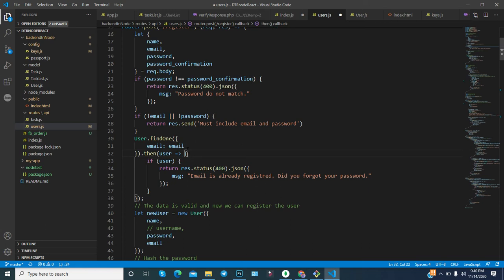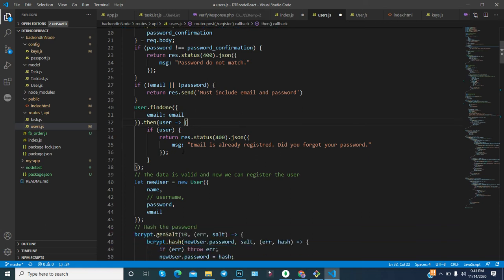If the user is found, then you can see here that the email is already registered.